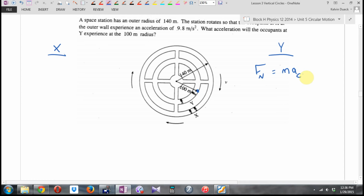Which version do I want to use? The one with the period or the one with the v in it? You know what? I'm not so sure. They didn't give me either. Maybe this is where I've got to start going to part X. Well, in location X, it's also going to be